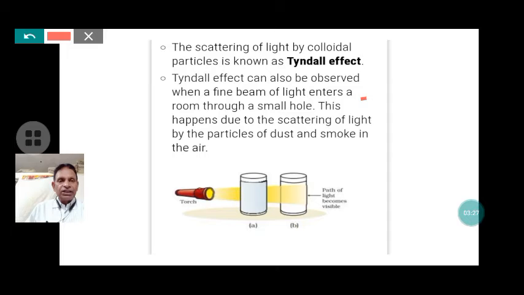Here, this is a true solution, the copper sulfate solution, and suppose this is a milk solution. Now when light is passed through these solutions, the path of light is not visible in the true solution, but the path of light is visible here. So this solution shows the Tyndall effect, and the true solution does not show the Tyndall effect because of the small size of particles. On the basis of the Tyndall effect we can distinguish between the true solution and colloidal solution.